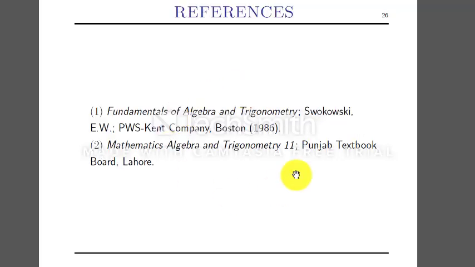And these are the reference books: Fundamentals of Algebra and Trigonometry. This is the publisher, and this is the book. You are asked to do questions and you are asked